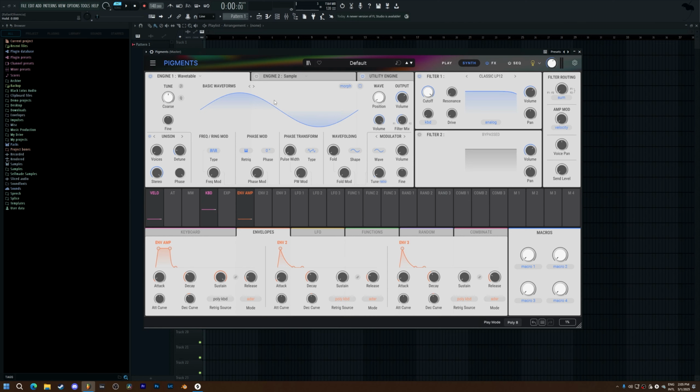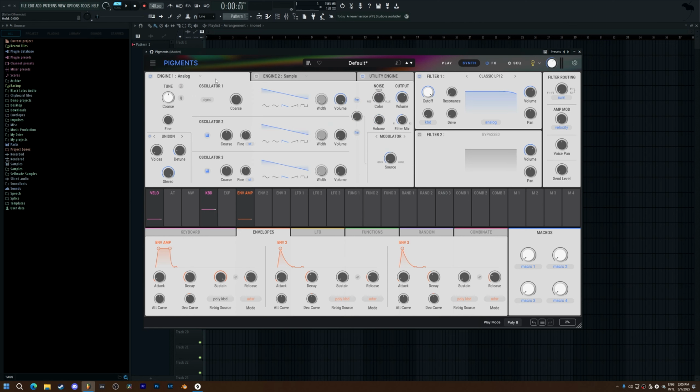So going to our second engine here, or our first option here inside of Pigments, is our analog engine, and this is basically emulating an analog synthesizer. So this is gonna have a lot of imperfections, it's gonna phase drift, it's gonna have all of these nice impurities that make an analog synthesizer distinctive. And we're gonna have 3 oscillators inside of this engine, and they all work the same, and they have some